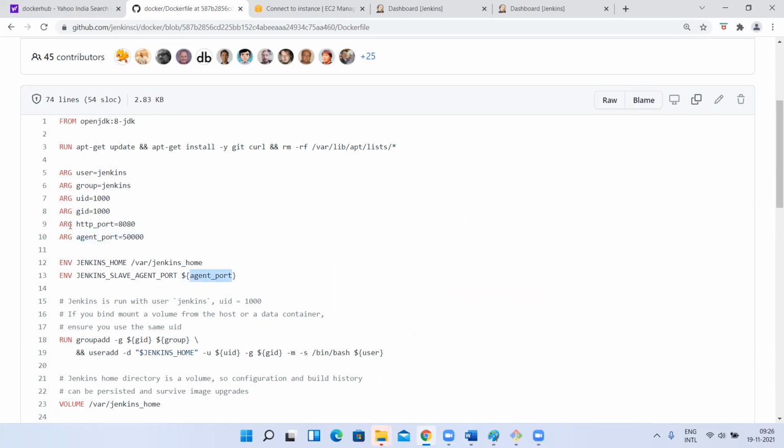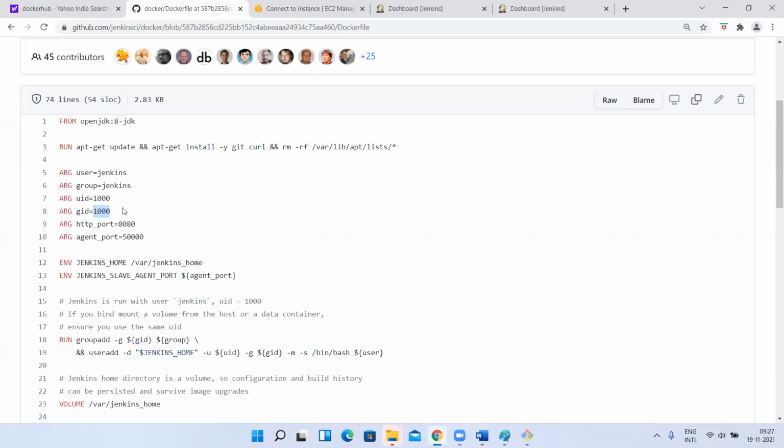So why are we creating a variable? They have created variables here because they want to pass these values multiple times. Instead of repeating the value multiple times, they have used GID here and here. If in future they want to change the GID in multiple places, instead of that, they create a variable GID and read its value dynamically. If they want to change from 1000 to 10,000, they don't need to update other places; they can modify it directly here, and it will be updated everywhere. Understood, guys?